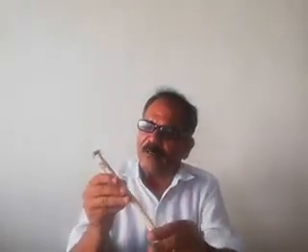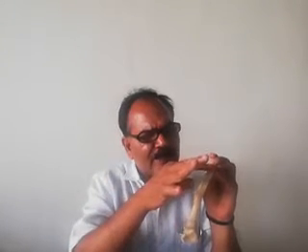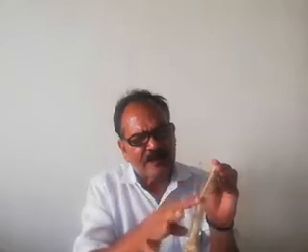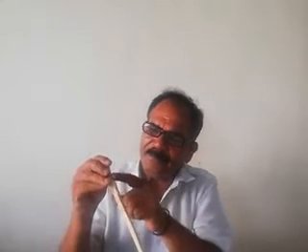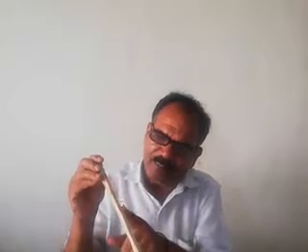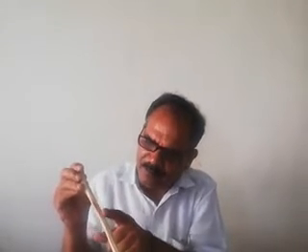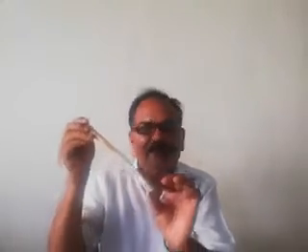Then the posterior border. From the posterior aspect of the radial tuberosity, the posterior border starts. So you can say the anterior and posterior borders are mirror images of each other. The anterior border starts at the lower aspect of the radial tuberosity, is prominent in the first part and ends in the styloid process. The posterior border starts behind the radial tuberosity, is a little bit prominent in the middle part, becomes rounded in the lower part and ends in the styloid process.